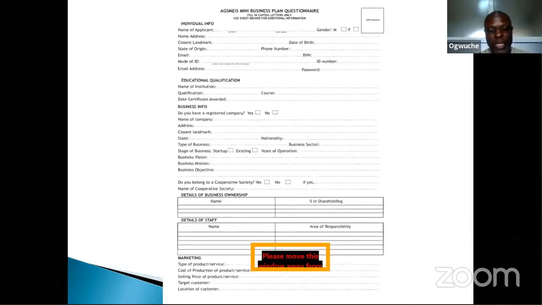Selling price, by the time you produce, how much you sell. Okay, if you are into poultry farming, cost of a crate of egg could be maybe 800 naira, and then you sell as a wholesale price, then those who buy will sell at 850 for their own. You can control